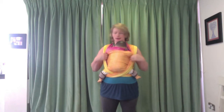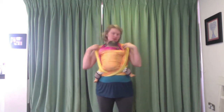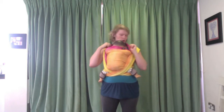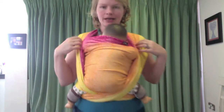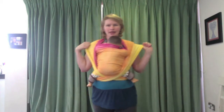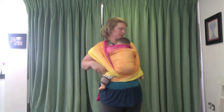If you want to fold these passes so they go over the baby's seat a bit more to provide a little bit of extra support and maybe a bit of extra warmth for your baby, then the best thing to do is don't take from the top rail, because that's where you hold the whole of your carry. So you can see my top rail is the pink part of my wrap, because you can see that around my baby's neck. So I'm going to take from my yellow rail, which is my bottom rail, and just pull it down my shoulders slightly,